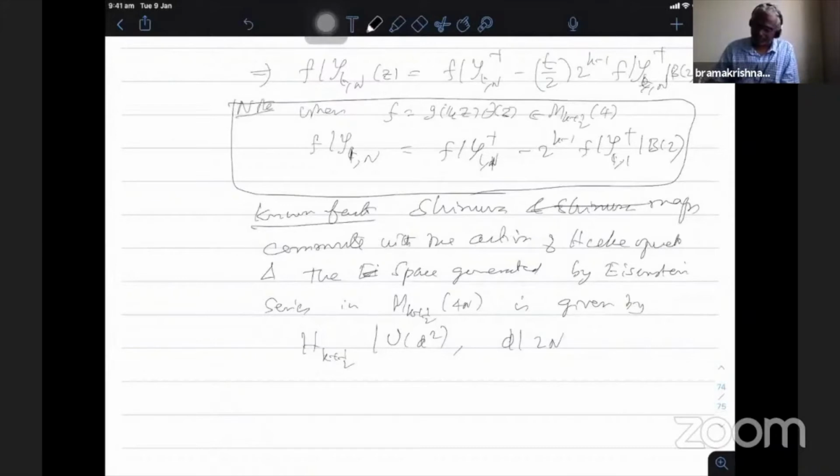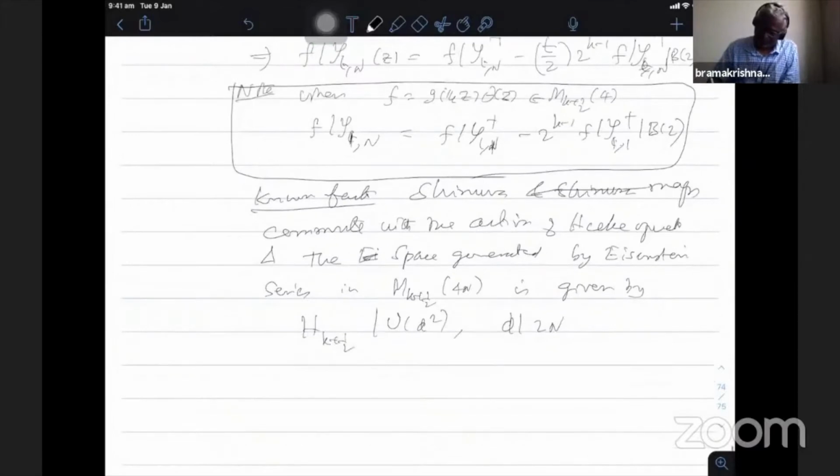Therefore, using the property that this map commutes with all the Hecke operators, I can get this one as a linear combination of U_2k and its duplication, which is exactly the corresponding space generated by Eisenstein series in the case of M_2k(n). So if you write, we'll write it properly. If you write M_{k+1/2}^+ of